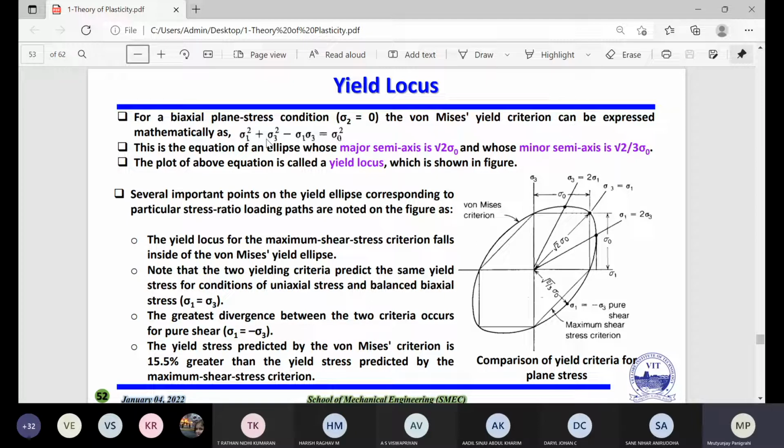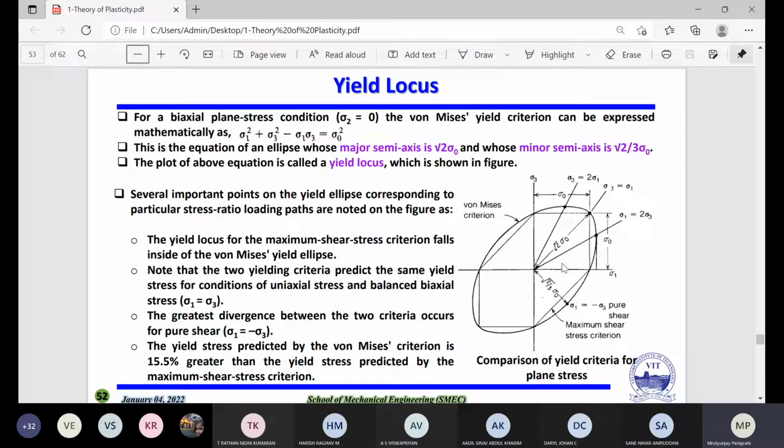Okay, so why do you have no sigma 2? Because we have assumed that sigma 2 equal to 0. So if you put it in the Bernoulli's criteria, and instead of sigma 2 you put in 0, you will find this equation. And if we consider this yield criteria of the plane stress,